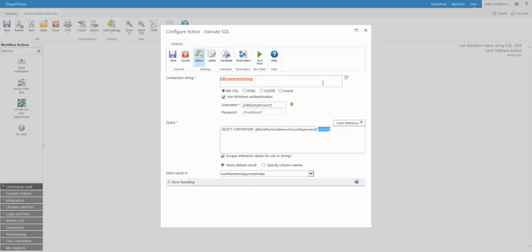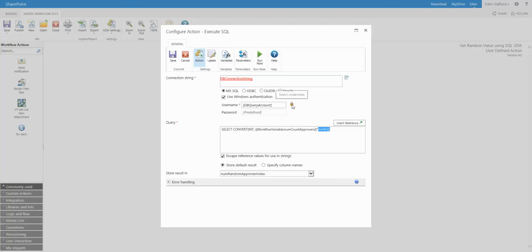The one thing to note when we're looking at this particular configuration of this action is that I have a workflow constant called DB connection string that specifies where the SQL Server is, what database we want to connect to, and also what credentials we want to use. This is quite important because if you download this user-defined action and you want to import it into your environment, you'll most likely not have workflow constants with these names. So make sure you either create them, or if you already have a connection string and some credentials constants in your environment,